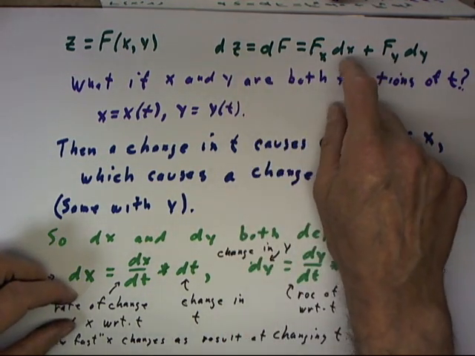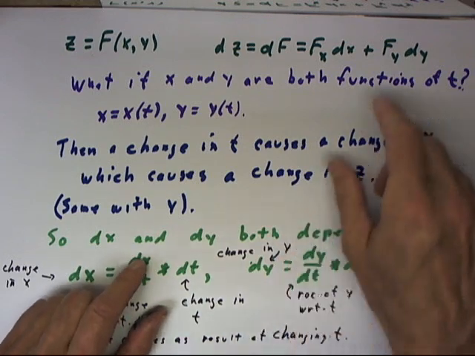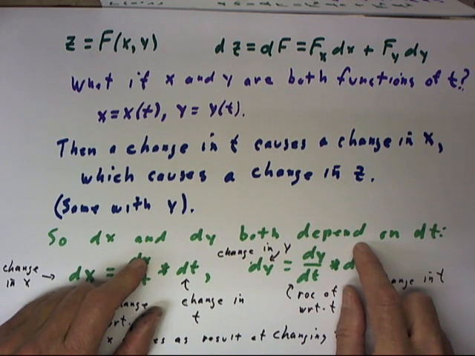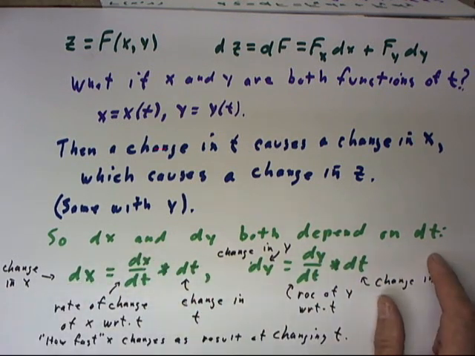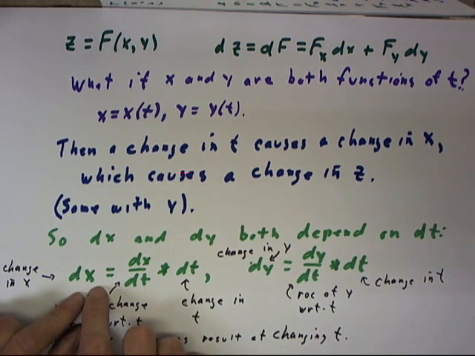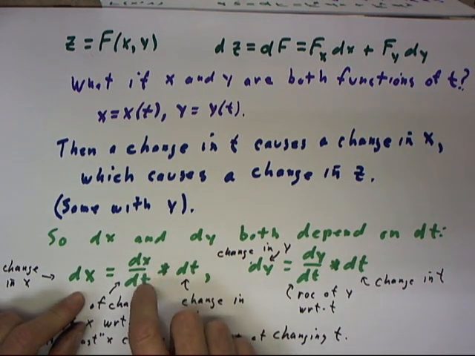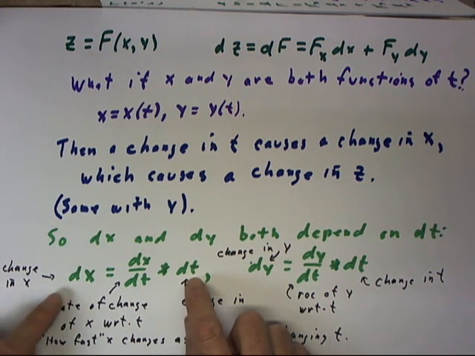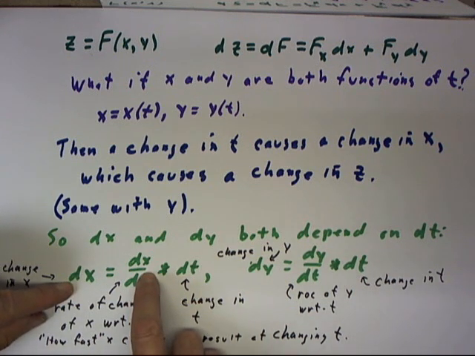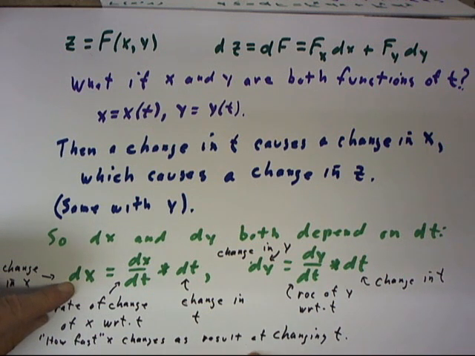So in this expression, our dx and dy are both dependent on the change in t. Now, how do they depend on t? Well, the dependence is fairly obvious. dx equals the rate of change of x with respect to t times the change in t. That is, the change in x is equal to the rate of change of x with respect to t, and that rate of change tells us basically how fast x changes as a result of changing t,